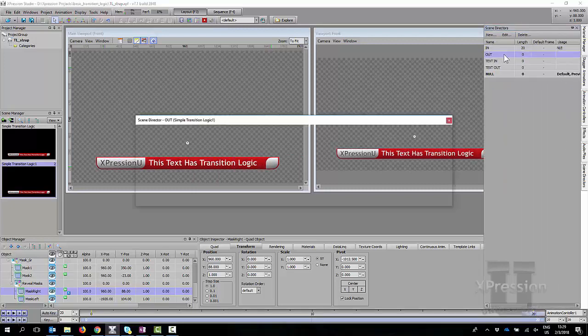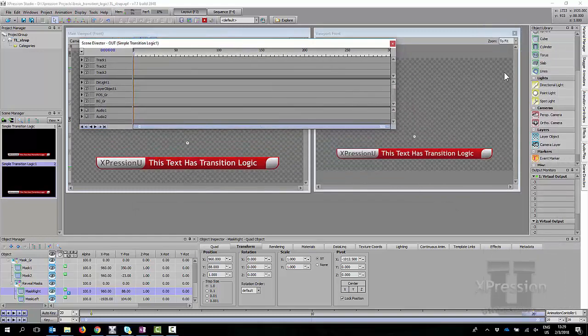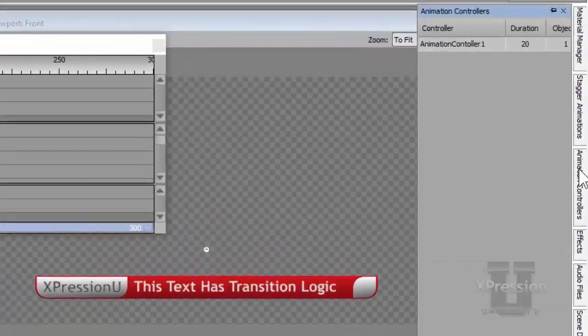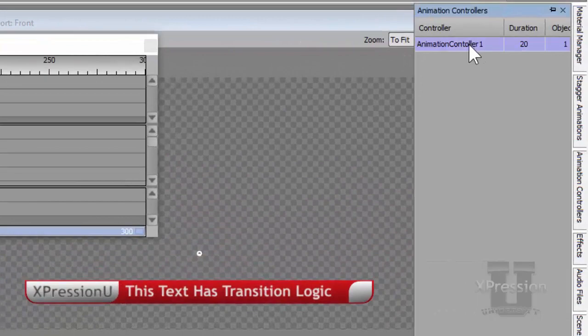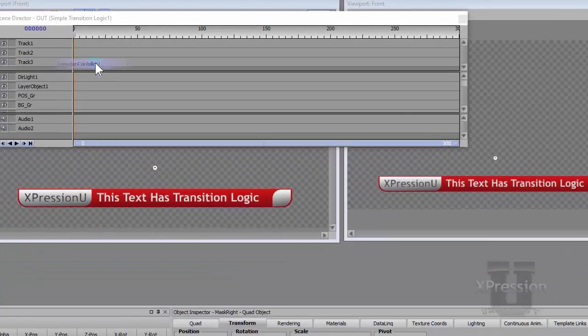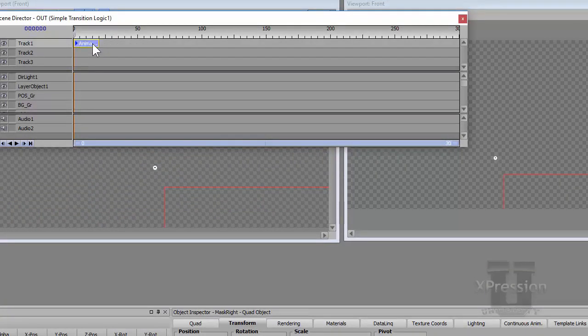Now I'm going to go to my out animation, and I'm going to take the animation controller, this one here, and I'm just going to left click and drag it onto my timeline here, and I'm going to do shift, left click, and now that's snapped to the end there. So when you press shift, that turns on snapping while you're holding the button down. And I'm going to go down to this square here, and I'm going to drag it, and that just zooms in so I can see more clearly what's going on.